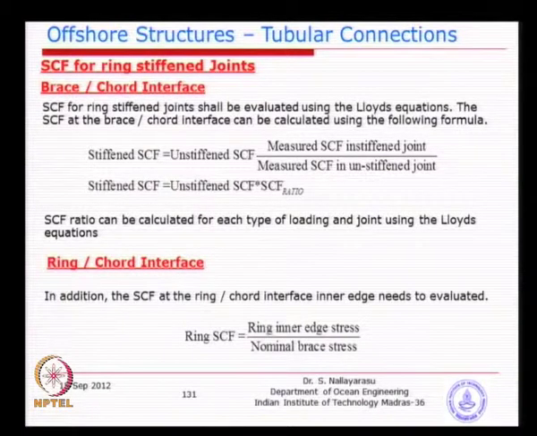As the ratio is less than 1, you will always have a slight reduction in the brace cord interface. At the same time, if you are able to get the SCF at the ring versus the cord less than the values given, then you are safe. That means you are going to reduce the SCF by some amount,